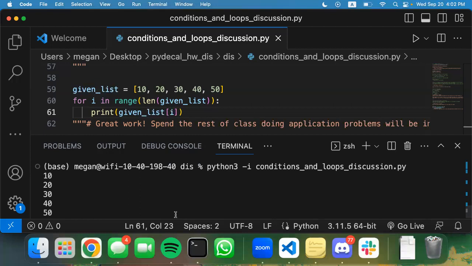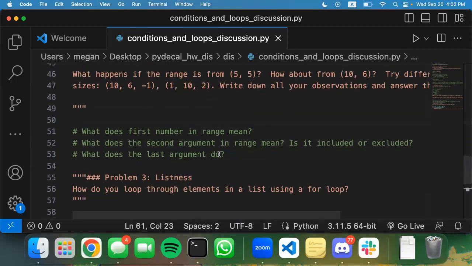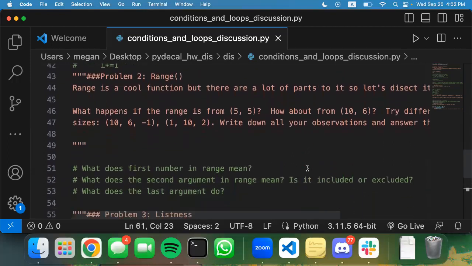Let us know if you have any questions, and then go home. What if you want to put every other index? Look at problem 2. Can you explain the range one, specifically this last question, what does the last argument do? Yeah, what's up? So I'm not entirely sure what the